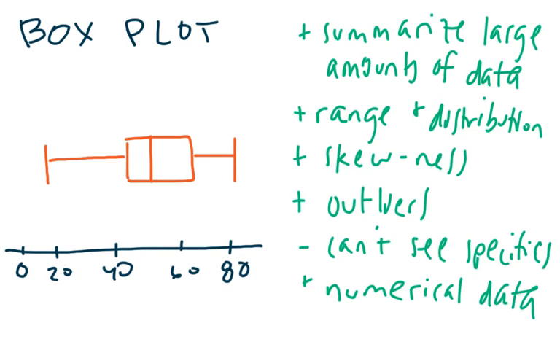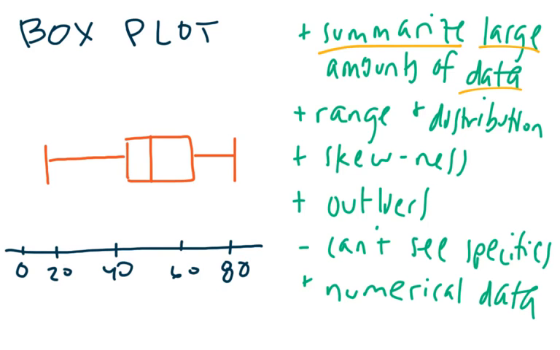Finally, we have a box plot. Box plots are really good ways to summarize large amounts of data. So again, these are good for large data sets, just like histograms are good for large data sets, and unlike dot plots. But box plots are a good way to summarize these large data sets because box plots show 5